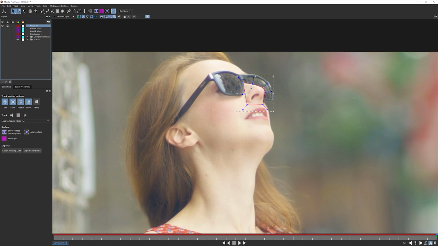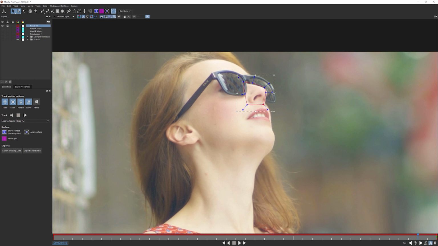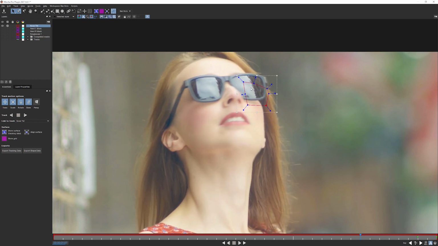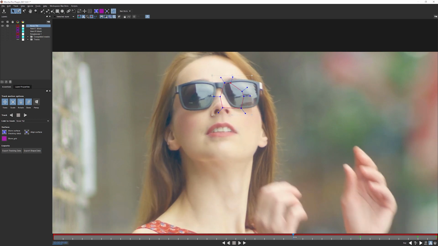When we're dealing with track mats, we don't have to be particularly 100% accurate because we're just using them to cut out stuff. So here, I'm doing quick animation on it. Is this how the nose actually moves? Nope. But is it going to be good enough for what we're trying to do? Well, hopefully. Yeah.